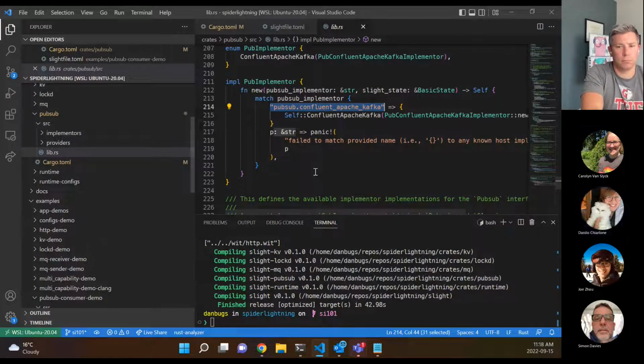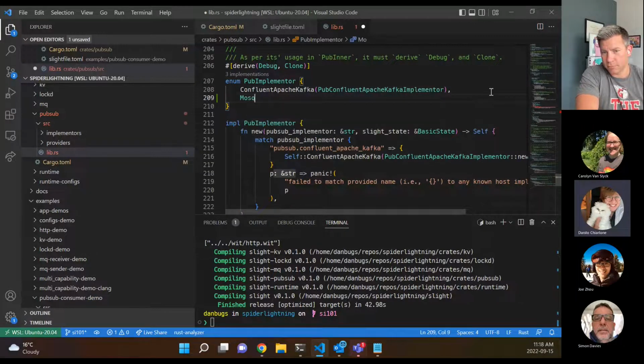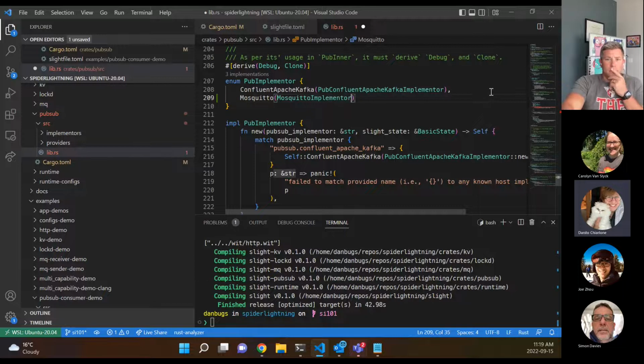All right, now let's actually write some code. And a good point to start is actually right here in the pub implementer. What we'll be doing is we'll add, say, a Mosquito. This is just an enum, right? So we have the confluent Apache Kafka one, and we'll call this Mosquito, and it will hold a struct that we obviously don't have yet, but we'll call it Mosquito implementer. Same way that a confluent Apache Kafka does. And as you can probably guess, the Mosquito implementer will just be the implementer itself that contains things like a Mosquito client and a receiver and so